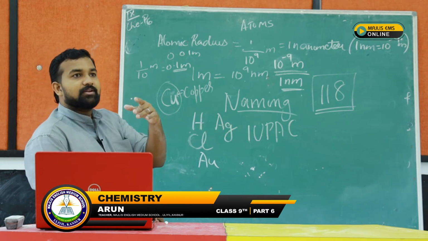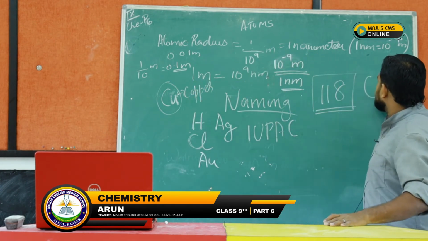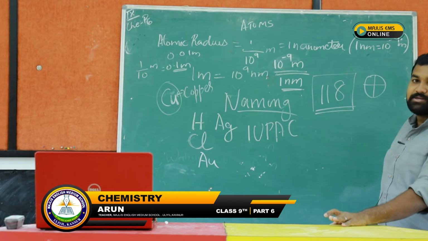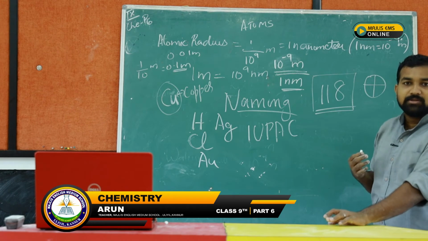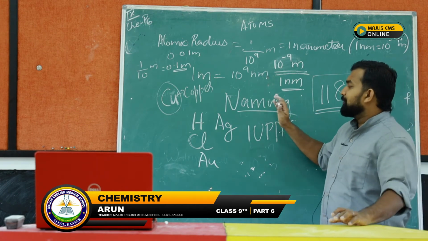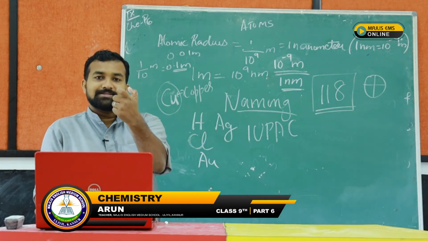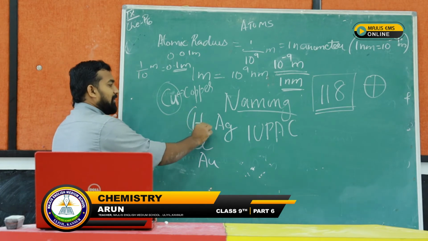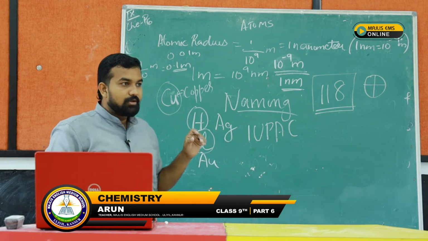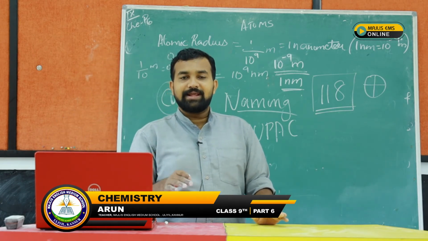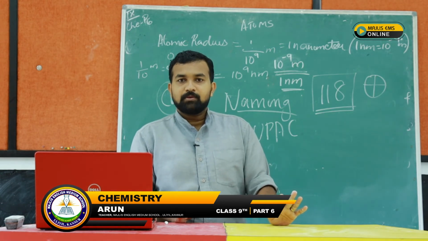IUPAC. Before, there were a lot of symbols, where Dalton gave symbols for hydrogen, water, oxygen and all. These symbols were very difficult for us to imagine or to keep in mind. So it was all discarded, and IUPAC has given the namings and the symbols. For some, like hydrogen, we take only the first letter. Some we have taken two letters. So the IUPAC has suggested the names, and we are following the IUPAC namings for all the atoms today.